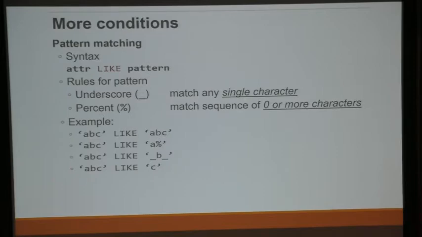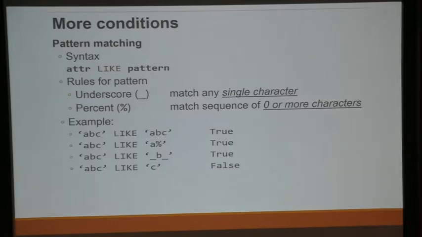Okay, so the first one is definitely true. The second one, A is going to match with A, B and C is going to match with %. Because % matches 0 or more. So this one is fine. Okay, so ABC here also matches with underscore B underscore, because the first underscore matches with A, the last underscore matches with C. Only this one is not going to match, because A is going to match with C, and that's going to give you false. Right, so that's the mapping.